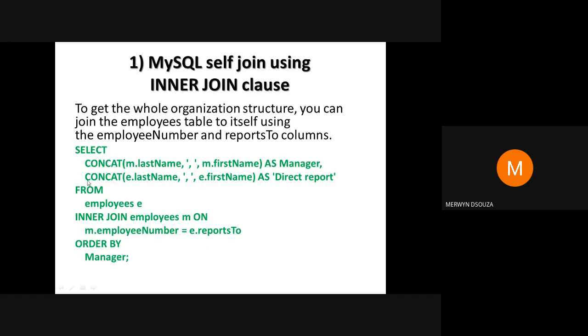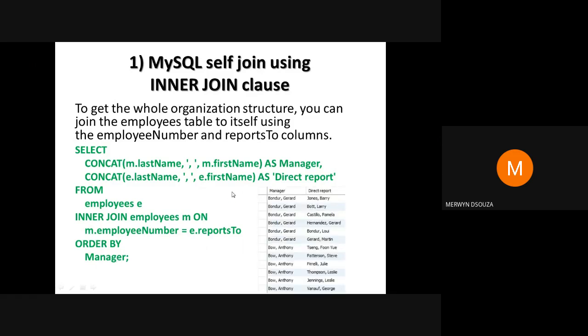So I use the syntax of the inner join. This is the syntax that we have already studied before, and then I put the join condition here. I join the common columns, so m dot employee number equal to e dot reports to. Basically this is the join condition. It need not always be common columns, but in this case I want the employee's boss. So I'm trying to find who is the employee and whom he or she reports to, and I sort by the column that I've just given the alias as manager.